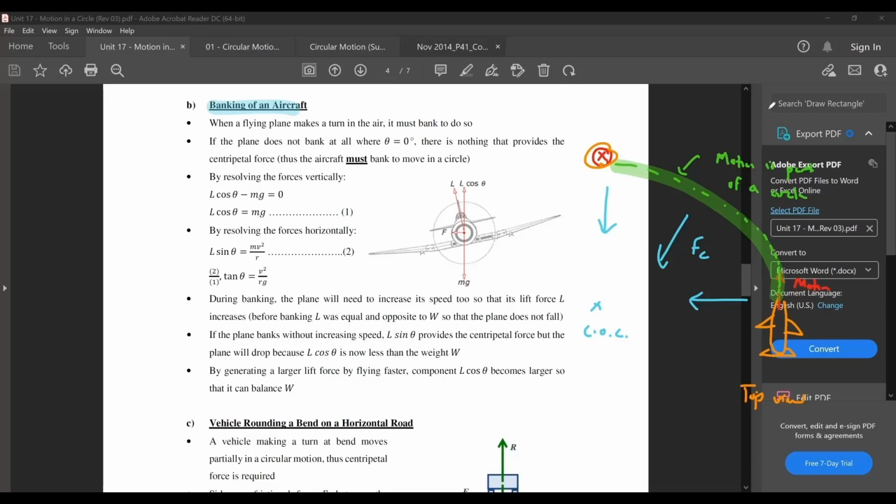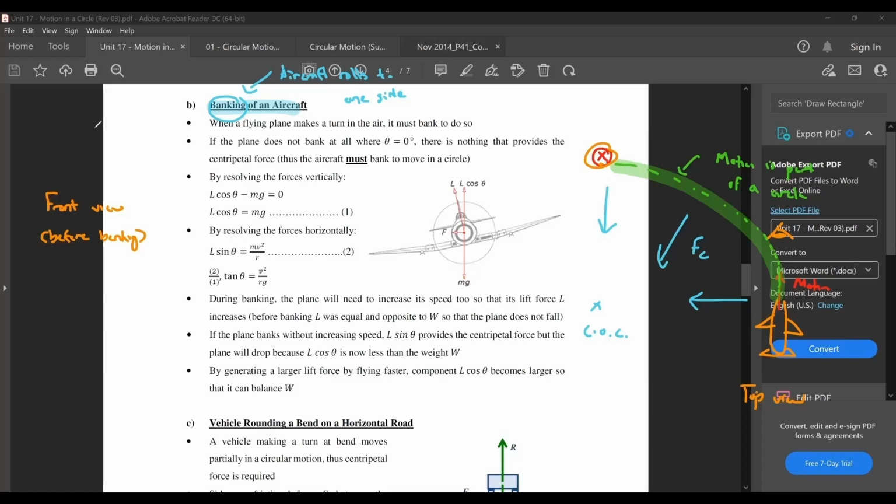Banking just simply means something like this. You are actually rolling to one side. The aircraft rolls to one side. It tilts to one side now. In other words, what do I mean by that is, let's just say if I look at the aircraft from here, the front view, I tell you that, say maybe this one is the front view of the aircraft before banking,